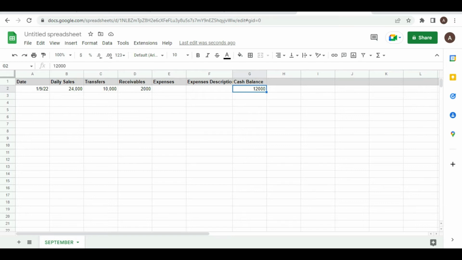But okay, let's have a daily cash balance. It's just that if you have a daily cash balance and you want to actually factor in expenses, then you have to have something like a balance brought down for each day. So I prefer to have my cash balance at the end of the month. So let's go. This is for first. This is total. Remember, this is total daily sales.